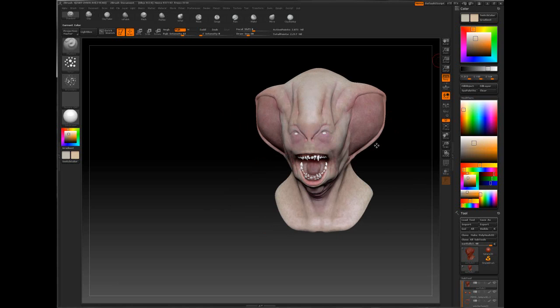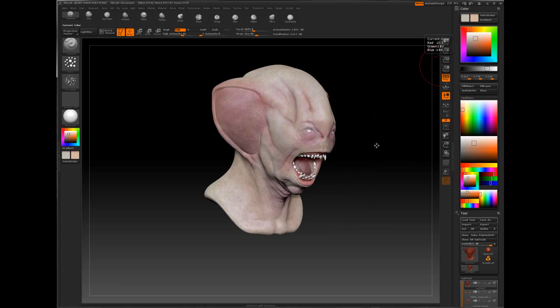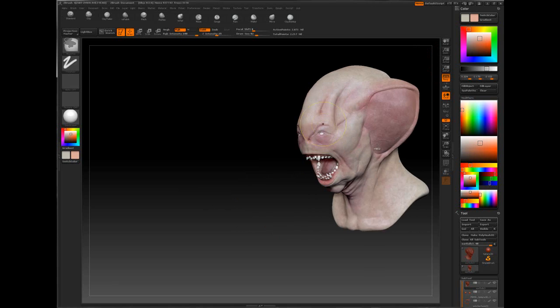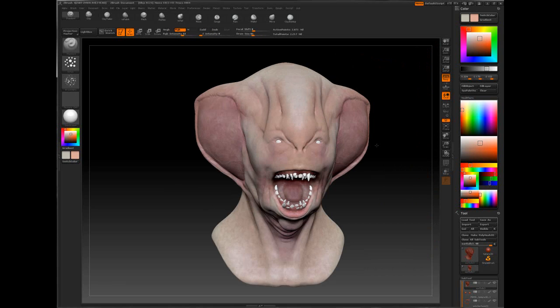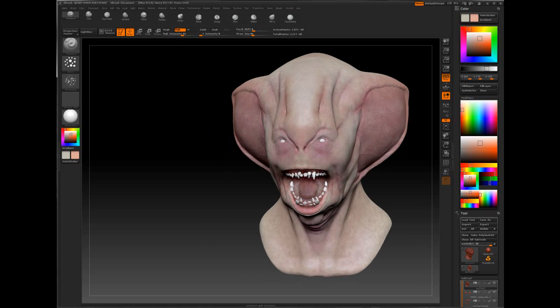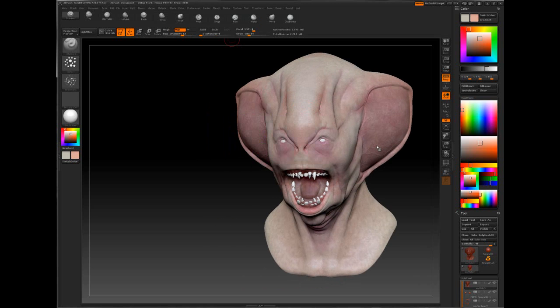I'm doing the same thing again now. I'm doing big color value changes to see how I feel about it. And that's not a bad color. So let me try and change my flow